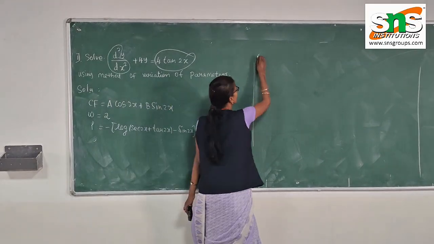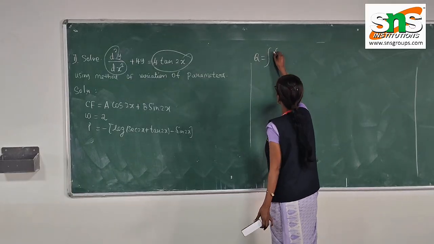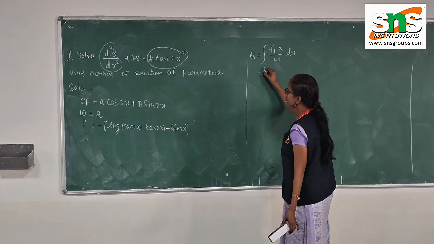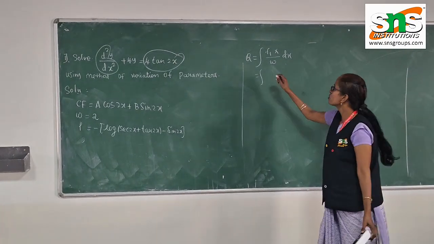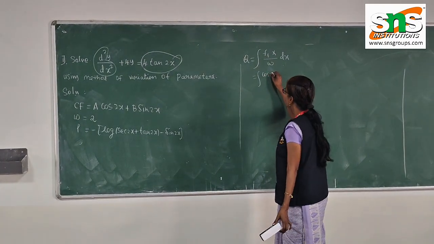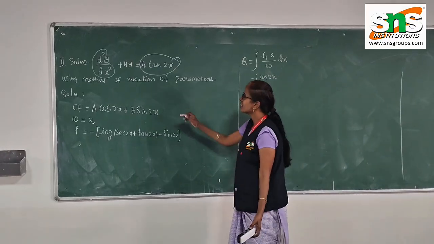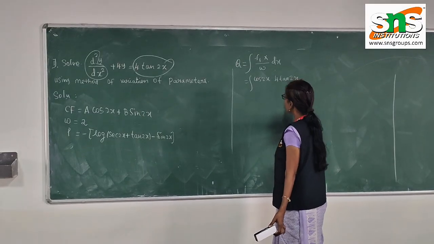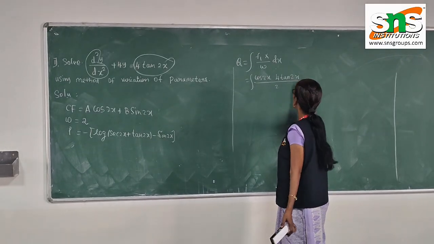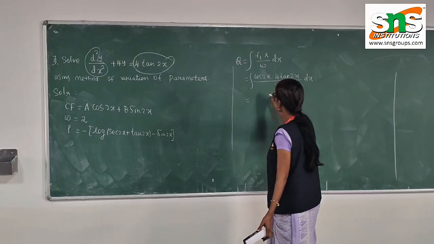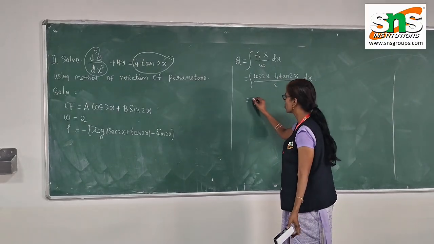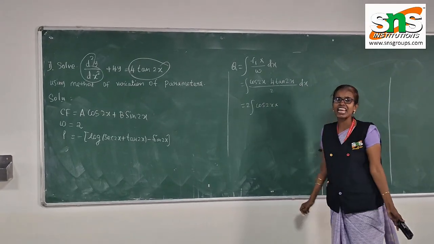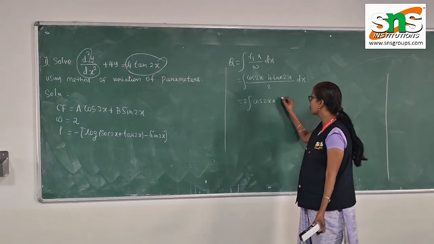So what is the formula? Q equals integral of f1 times capital X by W into dx. So this is the formula. Now we are going to replace all those substitutions here. f1 is cos 2x and capital X is the right side term, which is 4 tan 2x, whole divided by the W value, 2, into dx. Then take 4 by 2 as 2 outside, the integral of cos 2x times, writing tan as sin by cos,